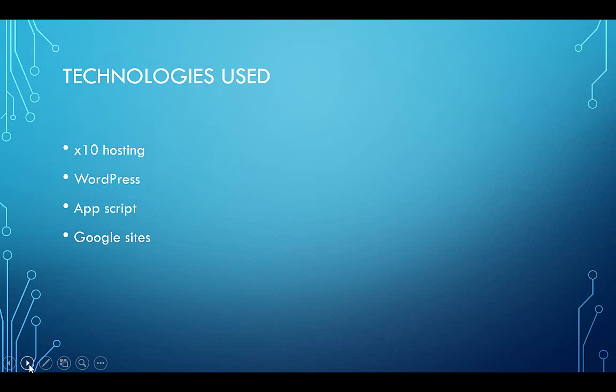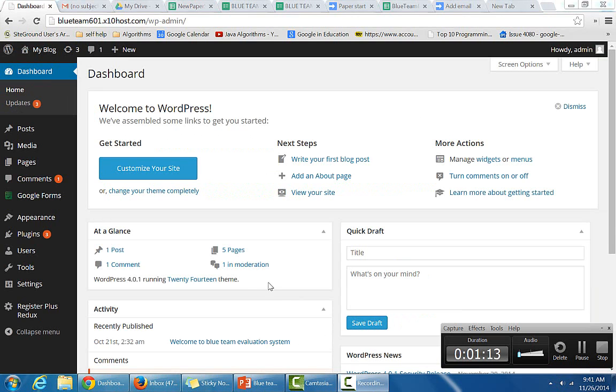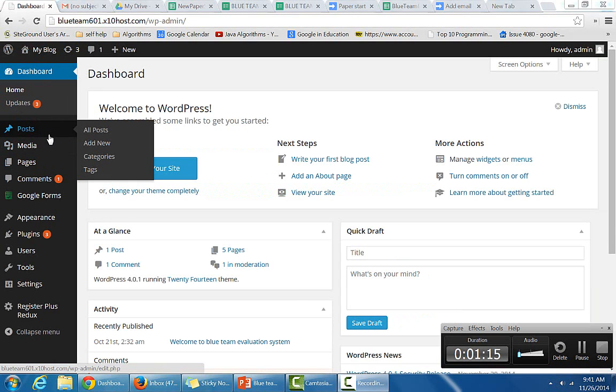The technologies that we used are Extend Hosting, WordPress, and AppScript. Getting into the detail of each component, we developed a system for evaluation and named it the Blue Team Automated Evaluation System. For this, we designed a website